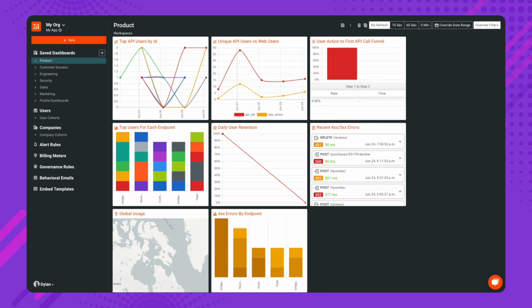Let's jump into it. First, a quick primer on the 4 kinds of sample rates available and how they are prioritized. The 4 kinds of sample rates are API calls for a single user or company, API calls based on regex rules, API calls based on behaviors and demographics via saved cohorts, and API calls set globally. Sample rates are prioritized in the above order.